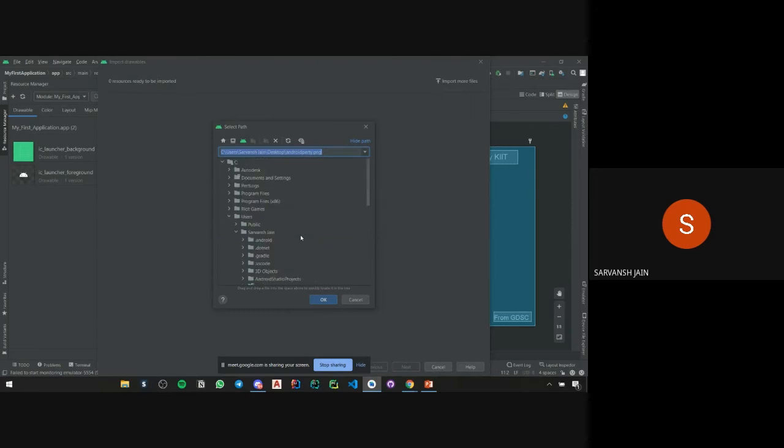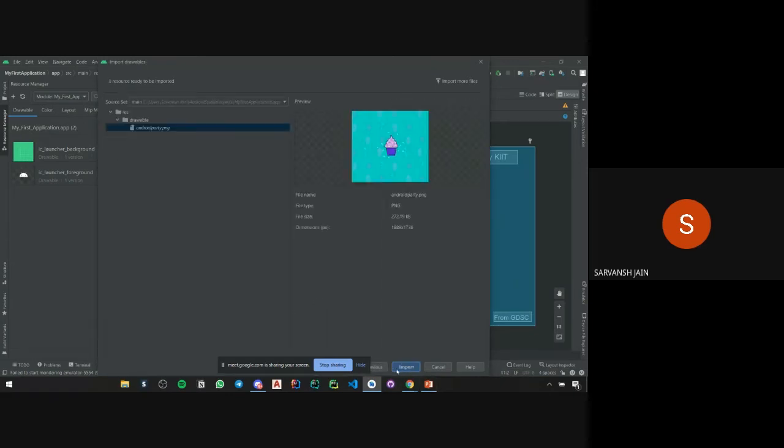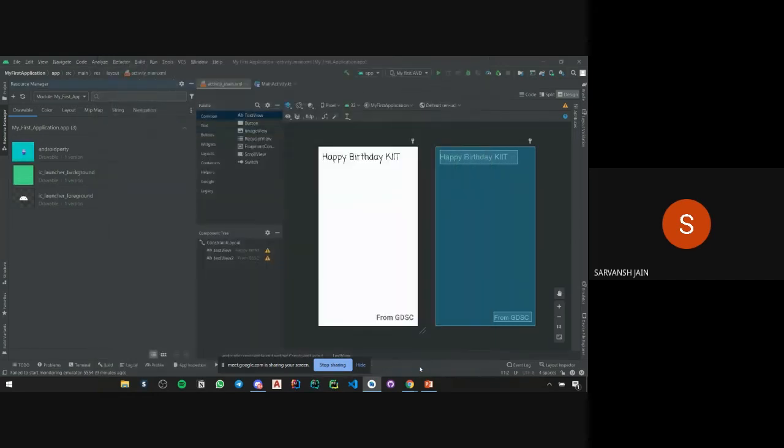So I have previously saved my image. You can browse from wherever on your PC you want your image. I have it on my desktop, Android party.png. I'll import it. We'll leave all those options and we'll click next, and then we'll import.